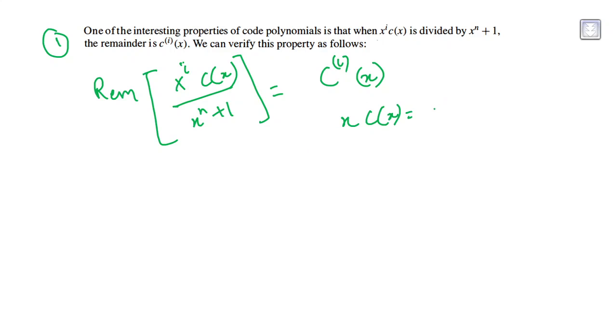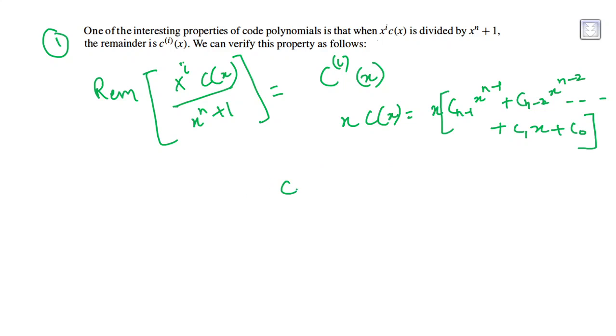I will be getting x into C(x), that is x into C of n minus 1 x^(n minus 1) plus C of n minus 2 x^(n minus 2) plus and so on, C1 x plus C0. That will result in C of n minus 1 x^n plus C of n minus 2 x^(n minus 1) and so on, C1 x square plus C0 x,